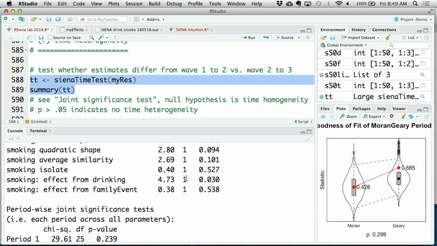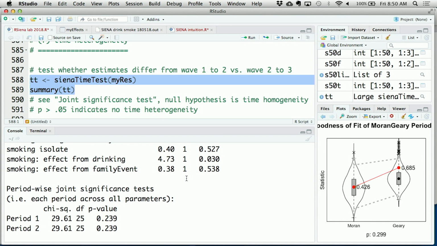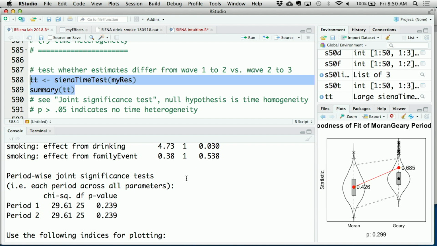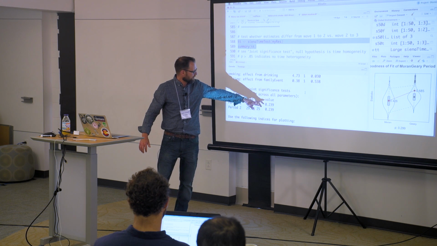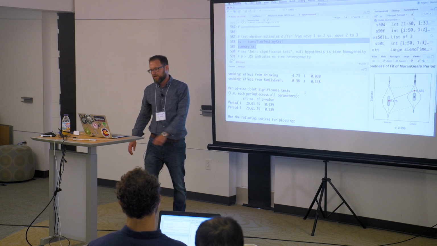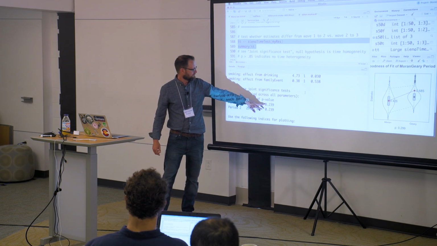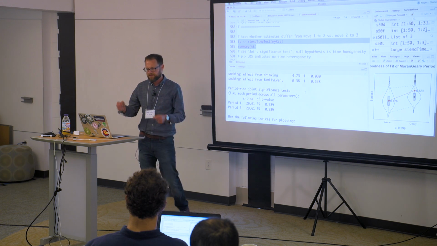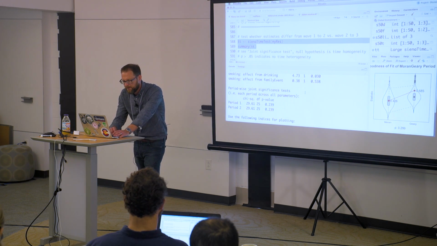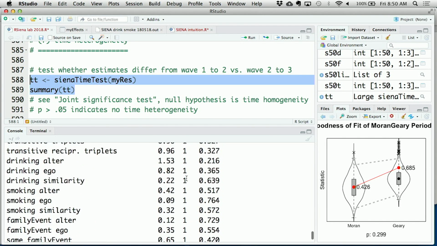And let's see, our joint significance tests here suggest they are not different. So the null hypothesis here is that they're the same. And we have no evidence against the null, so it suggests these effects are the same. If we looked at individual effects, which we could do up here,